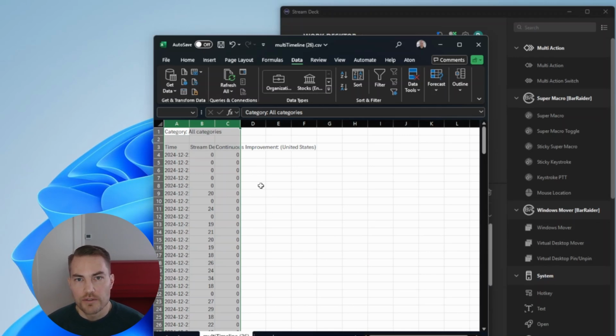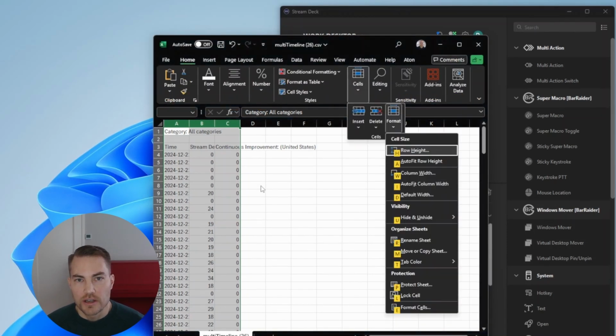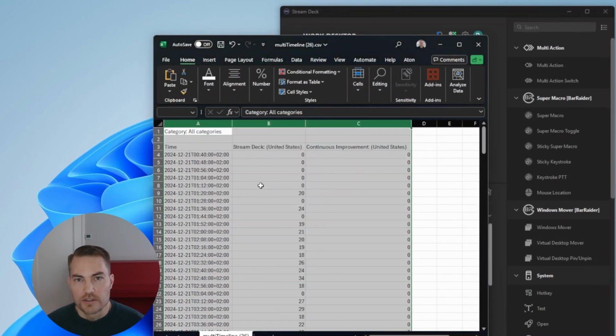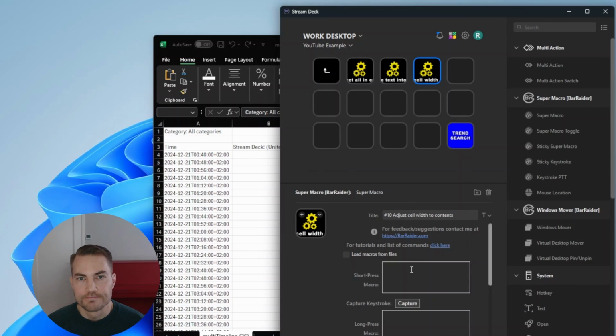Adjust column width by selecting Alt H for Home, F for Format and I for adjusting width. And just repeat this command series in SuperMacro. You already know how to do that. Alright, moving on. And now we need some space at the top of the workbook, so we can add the